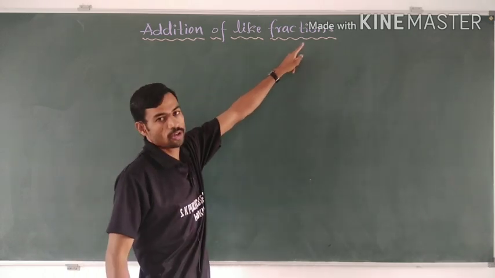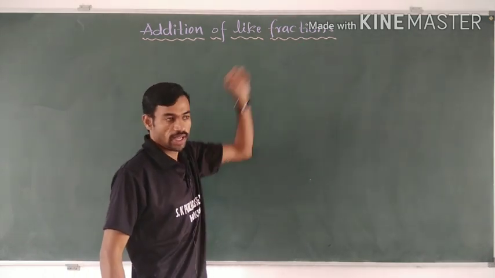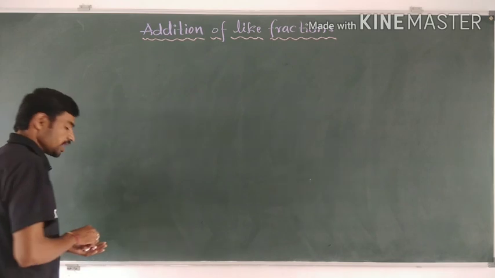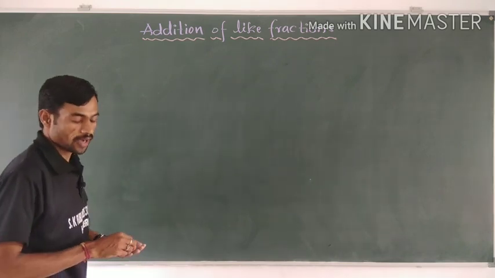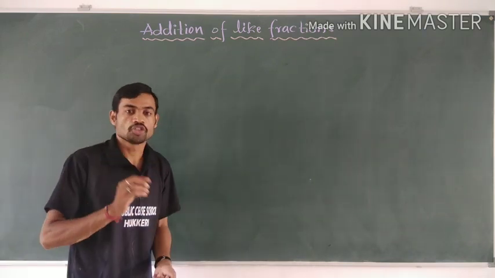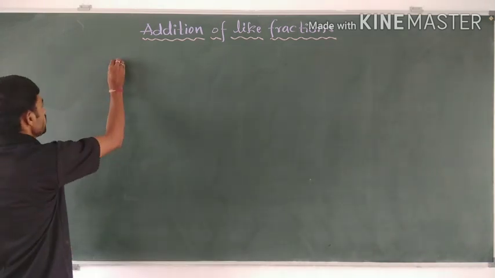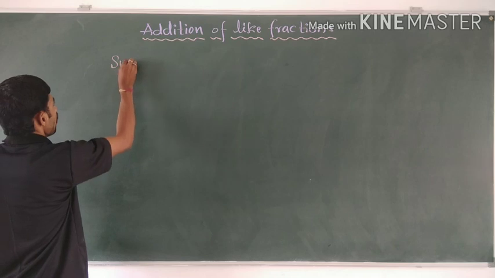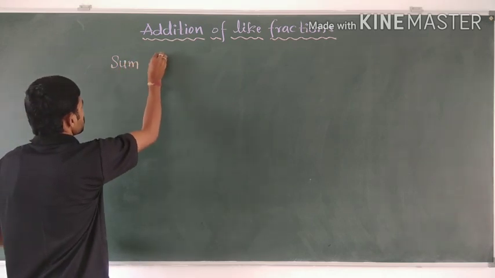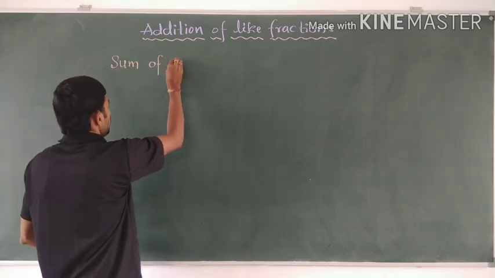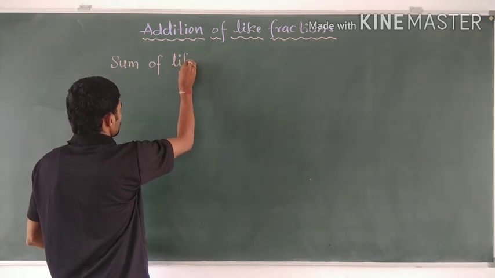So how do we find the sum of like fractions? We have one general formula. The sum of like fractions